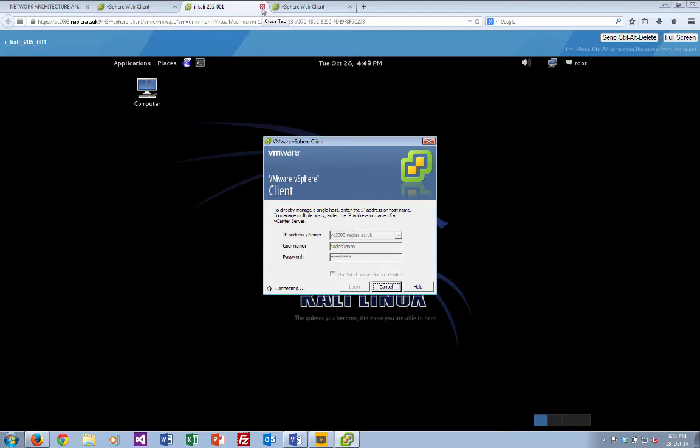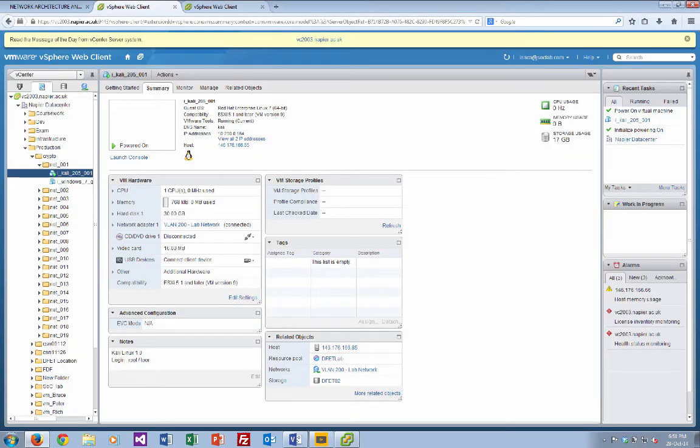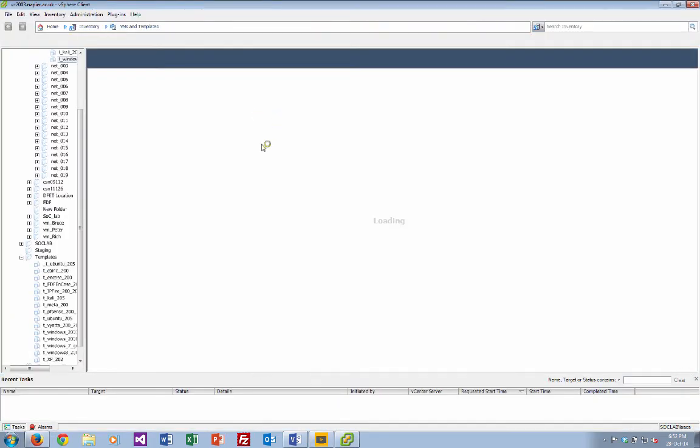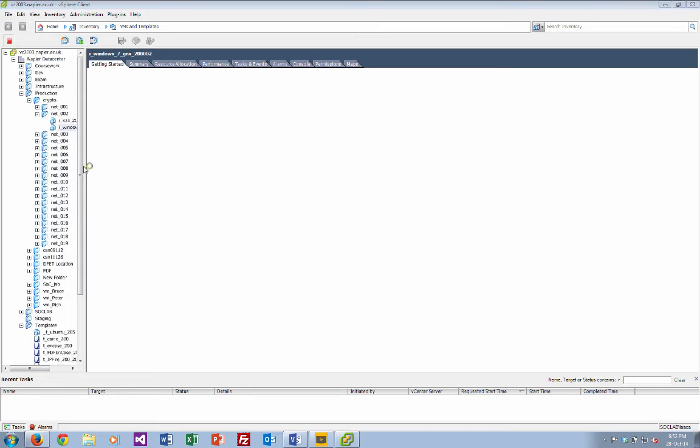Okay, so I just shut that one down. You can refresh, and you should see a little picture of your virtual machine there. So that's loading up. This is the other method that we use